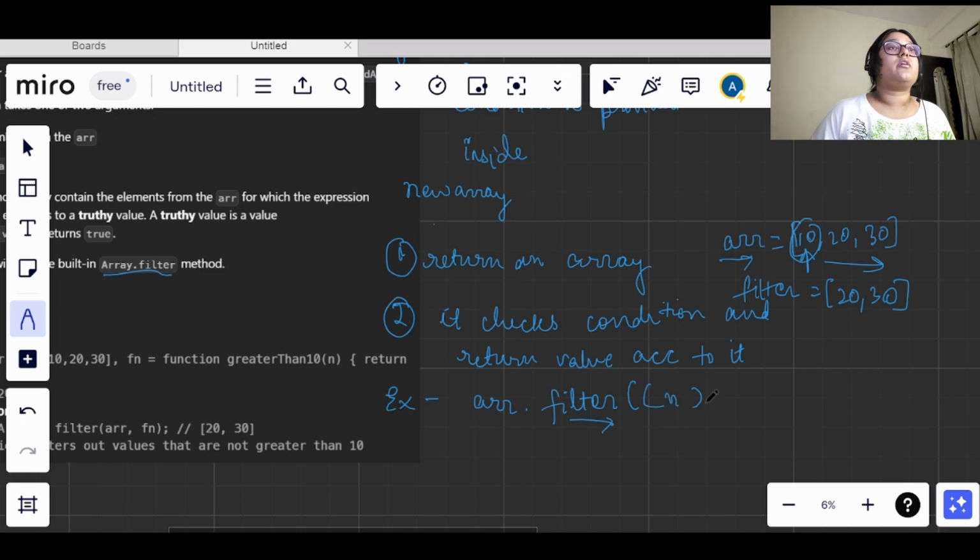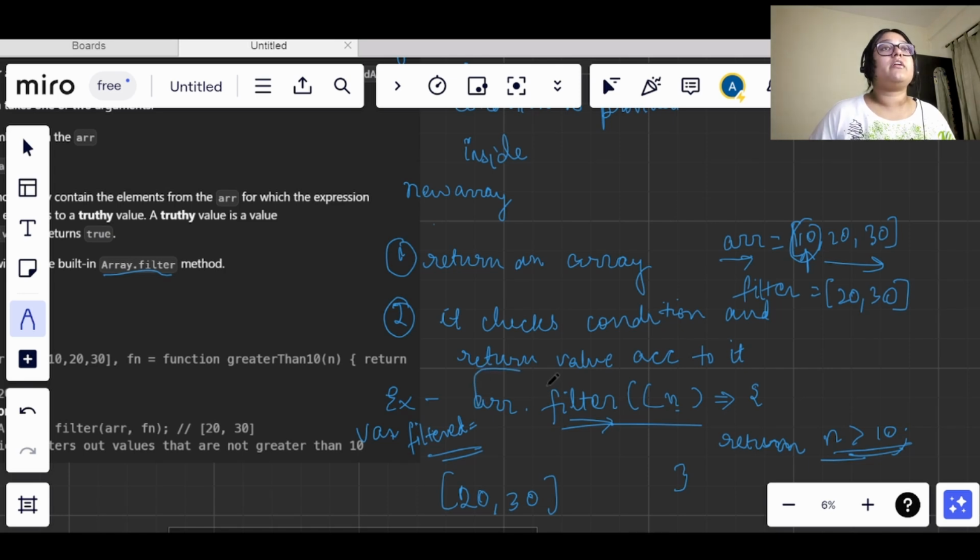We define an arrow function that returns n in such a way that n is greater than 10. Whenever it finds a value greater than 10, it gets added into the new array. If we keep the array name as filtered, this filtered array will store 20 and 30.